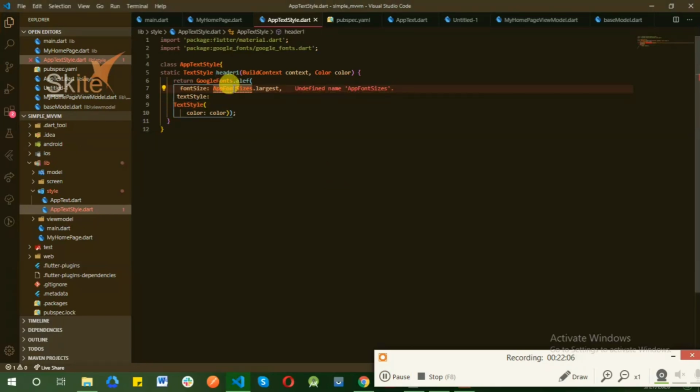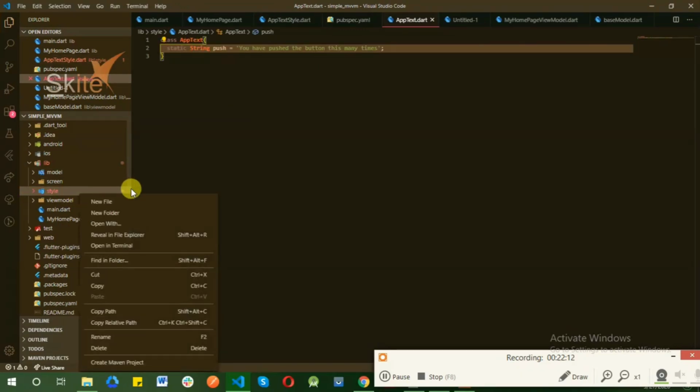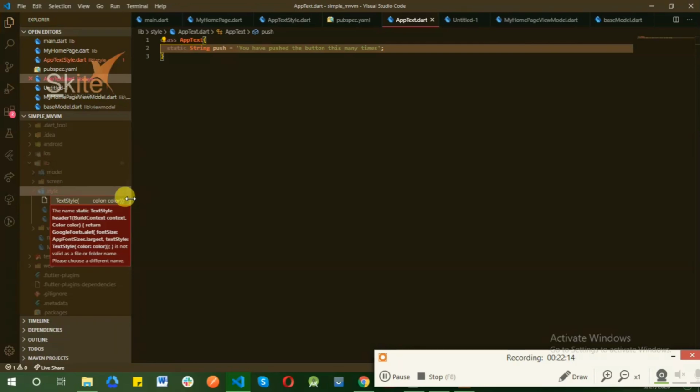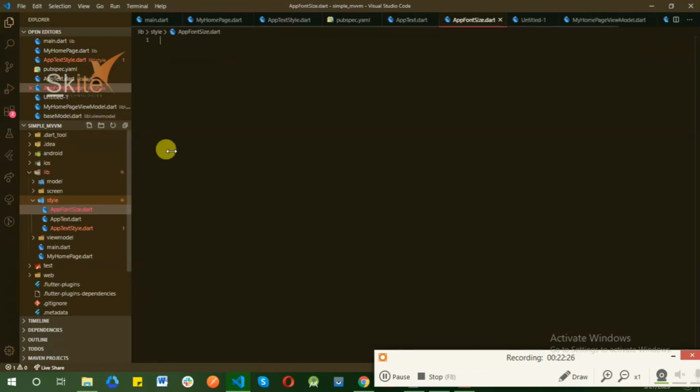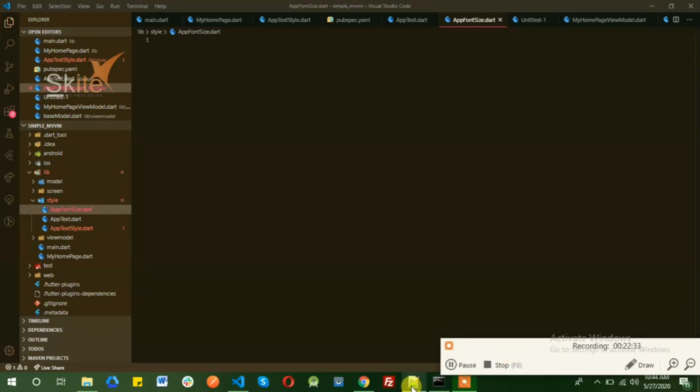So now as you observe, we haven't created app font size. So I can just create a folder. Let me just create a folder, app font size dot. I usually have a default app font size because I usually have a default one for all of my projects now. So I'll just go to